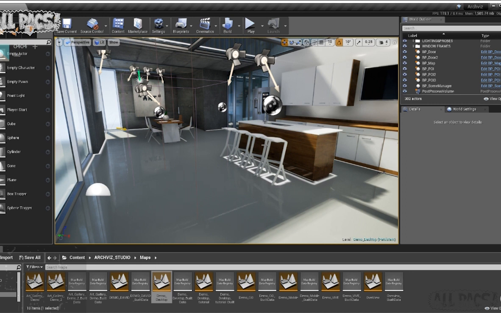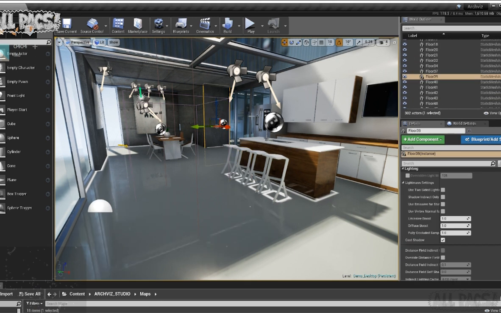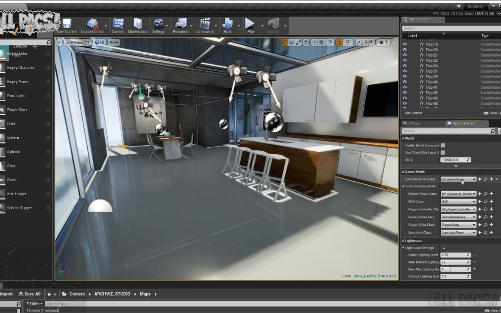We're going to now try and set it up and export it out to the Go. So if we want to set it up for the Go, we basically use the steps we have just done for the desktop, and we want to first off change the game mode to none, and we want to